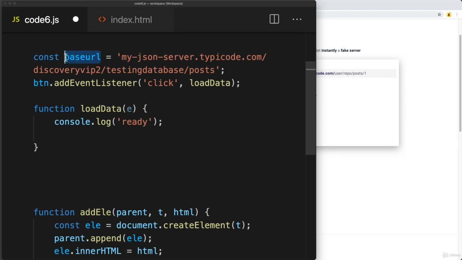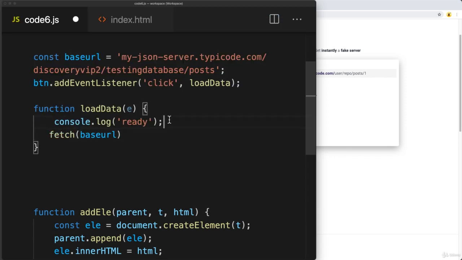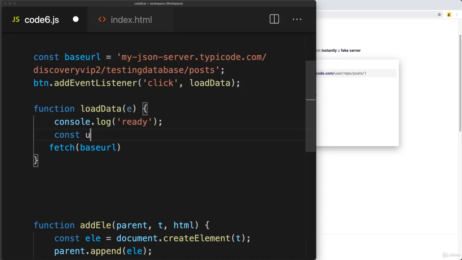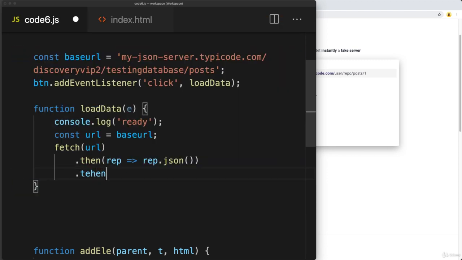And we'll just make the fetch request to the base URL. So that's the initial fetch request to the base URL, or for consistency, we can create a URL object, and that will give us the structure in order to update the URL path. So make a connection, then return back the response object,